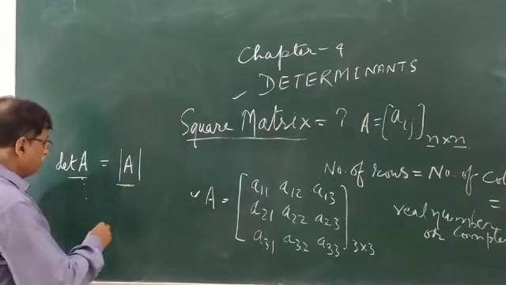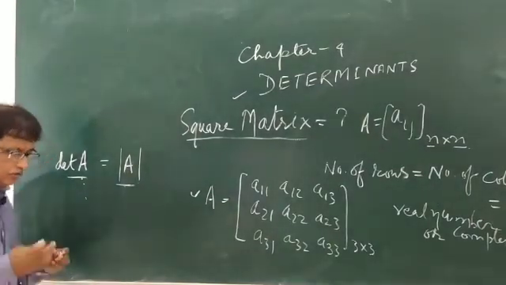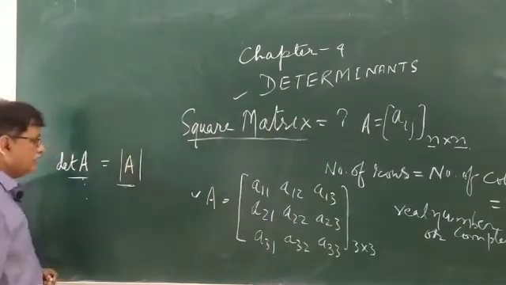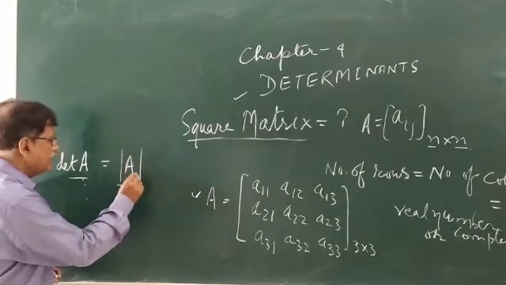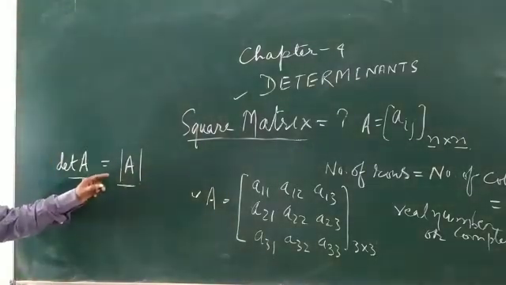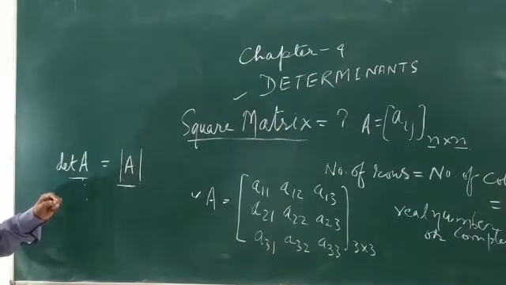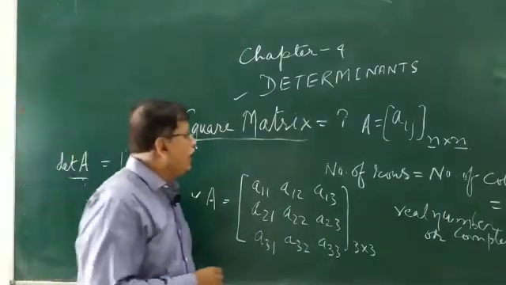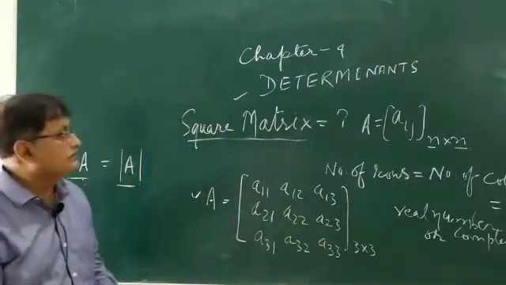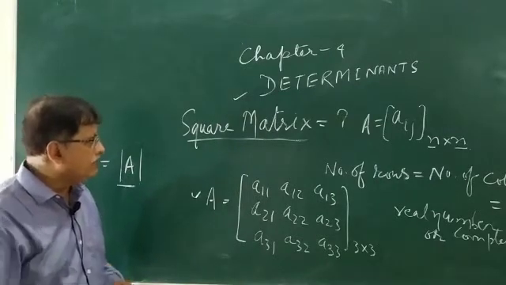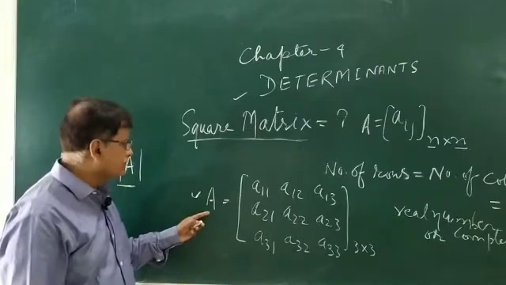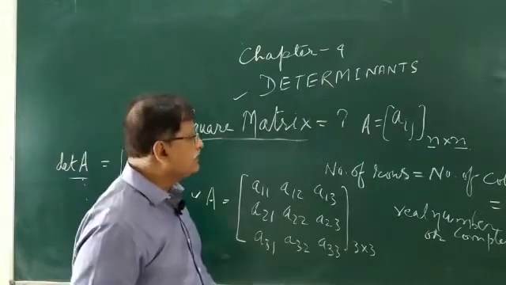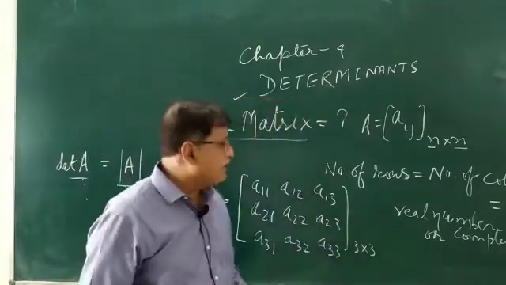But in class 11th you already studied modulus. In that case it is modulus, but here it is determinant. You can't say that it is modulus, it is determinant of matrix A. Never say it is modulus, right? Then the important thing is how to find the value of that particular matrix, and what is the way to find the value of this matrix of n by n, whatever the order given, 2 by 2, 3 by 3, 4 by 4, 5 by 5, like this.